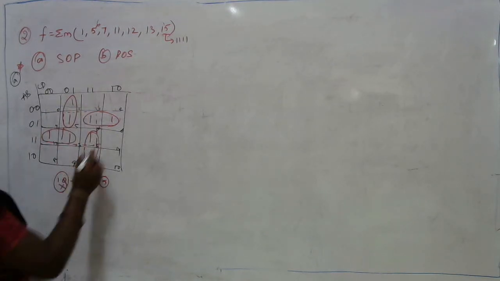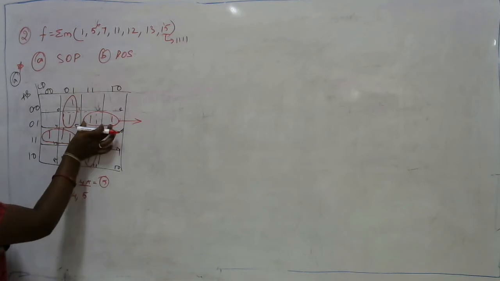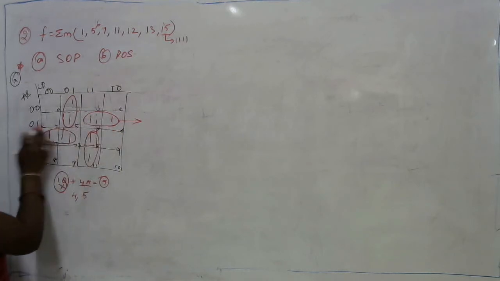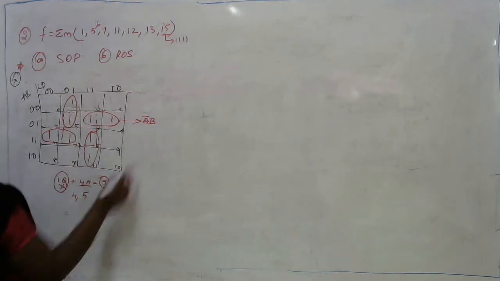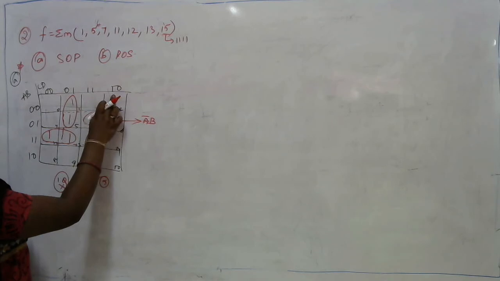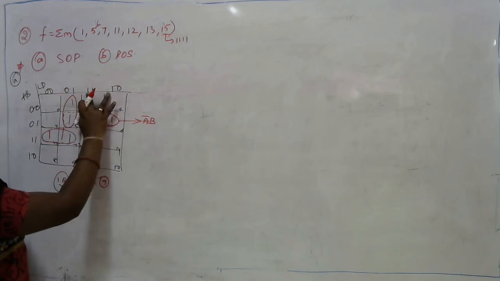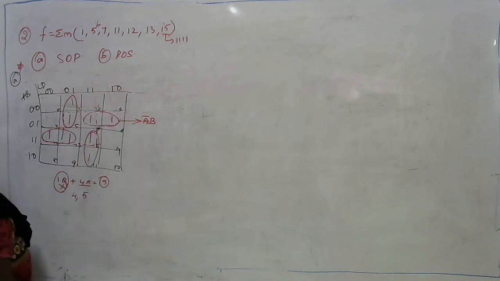So now let me write down the expression for this. As these two are adjacent, this is common for a single row. The corresponding row is 0, 1. As it is an SOP, it is A bar B. And it is present in two different columns, that is 1, 1 and 1, 0. It is having the same constant for C and D is having different 1 and 0. So it is left over with C.